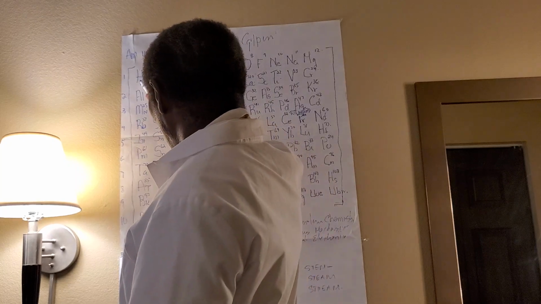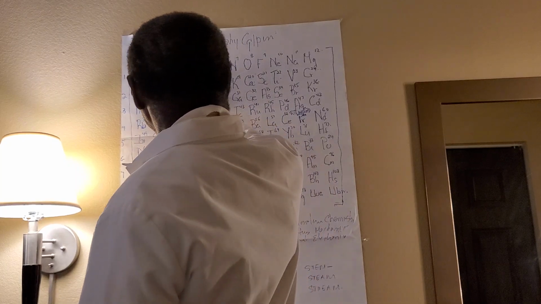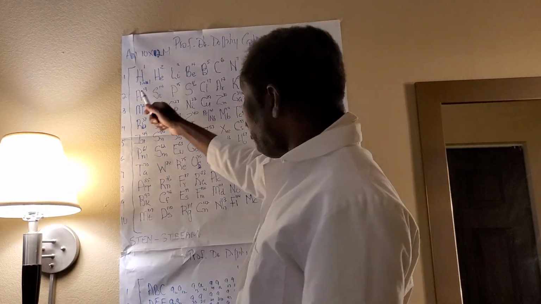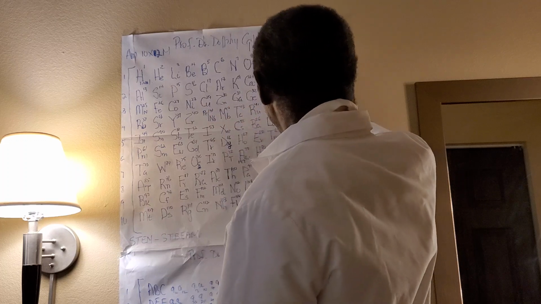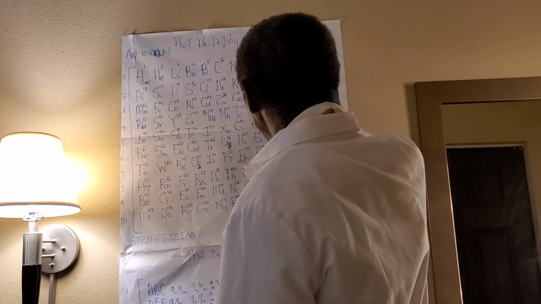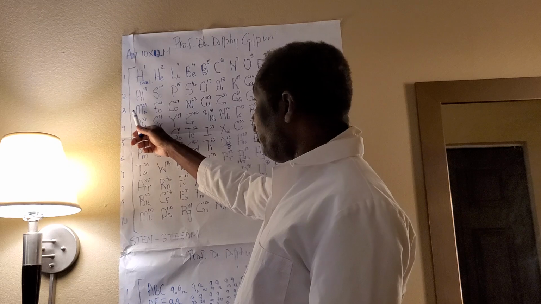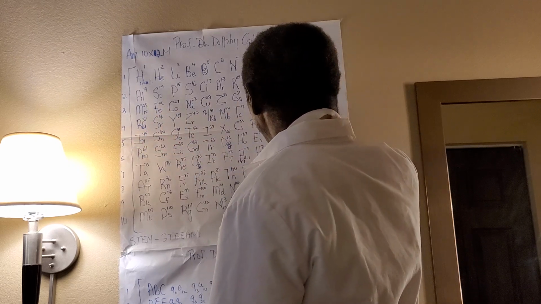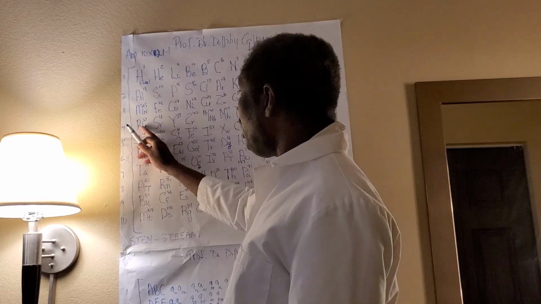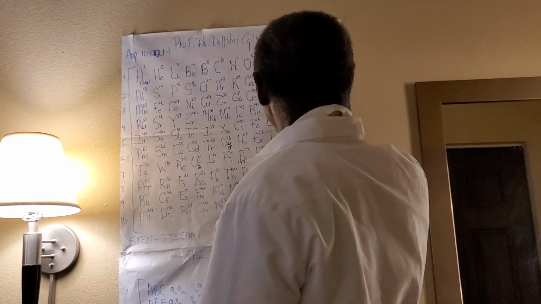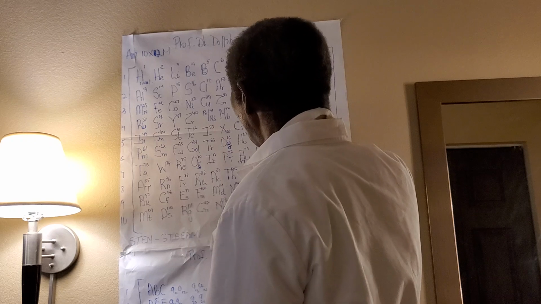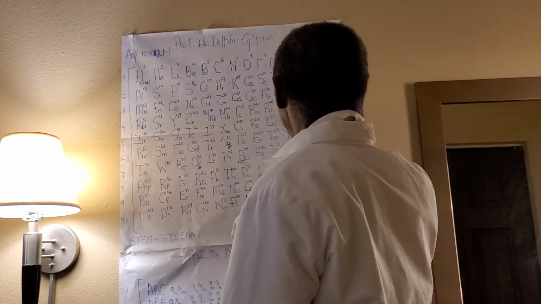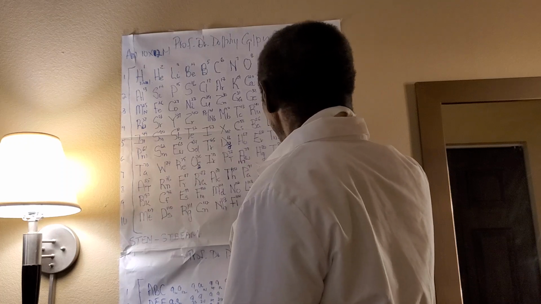And so here we have H 1, hydrogen, helium, to magnesium 12 for the first row, and aluminum 13 to chromium 24 for the second row, manganese 25 to krypton 36 for the third row, rubidium to cadmium 48 for the fourth row, indium 49 to neodymium 60 for the fifth,